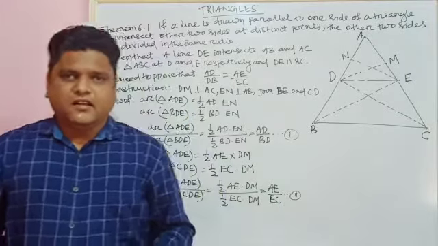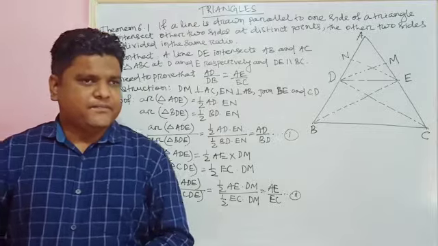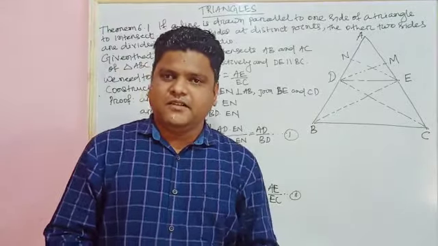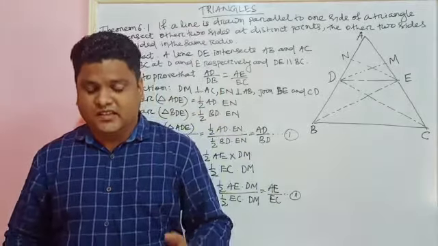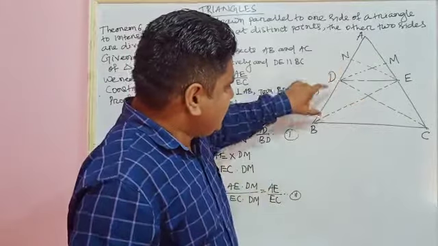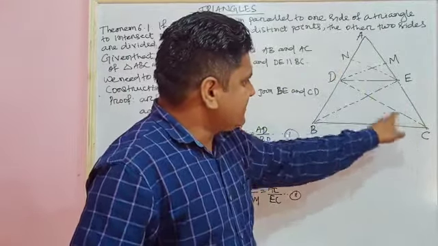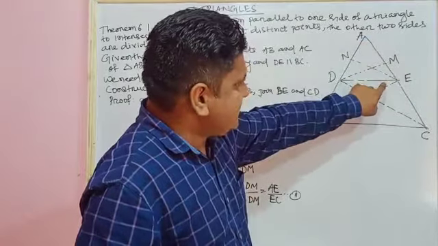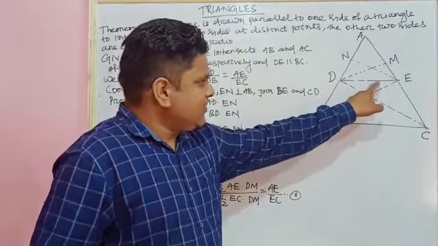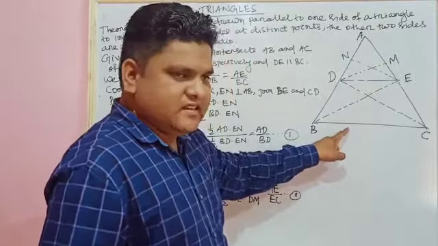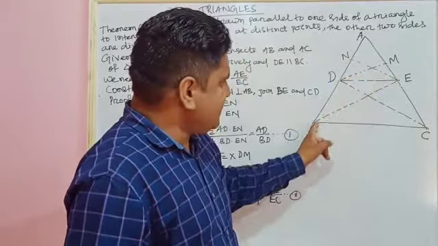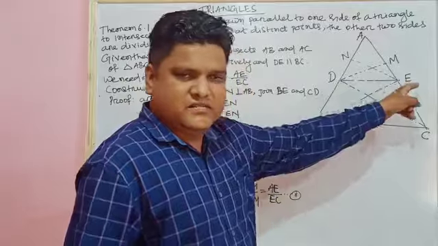We have already learned in class 9 that when two or more triangles stand on the same base and lie between same parallels, then their area is equal. So in this case, see triangle BDE and triangle CDE both stand on same base DE, because any side of a triangle can be base. So DE is parallel to BC and both the triangles stand on the same base DE. So area of triangle BDE and area of triangle CDE must be equal.